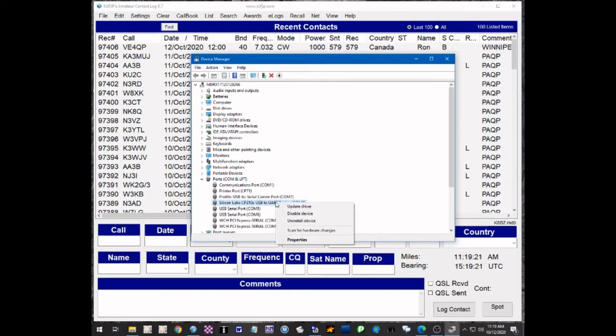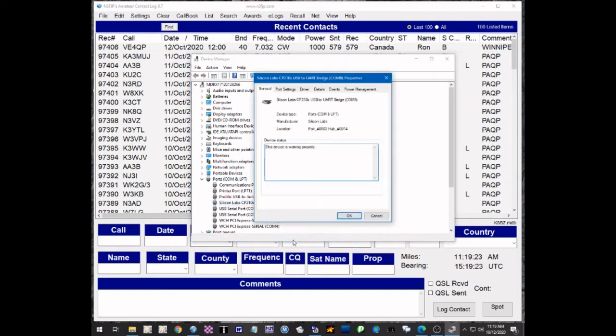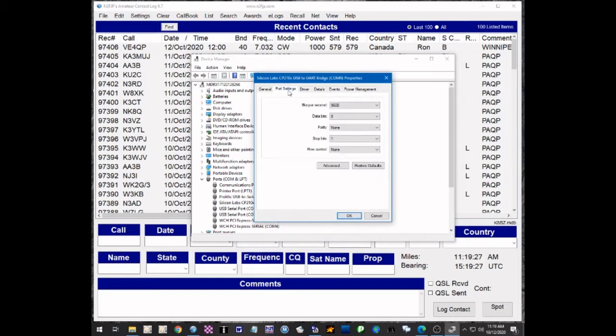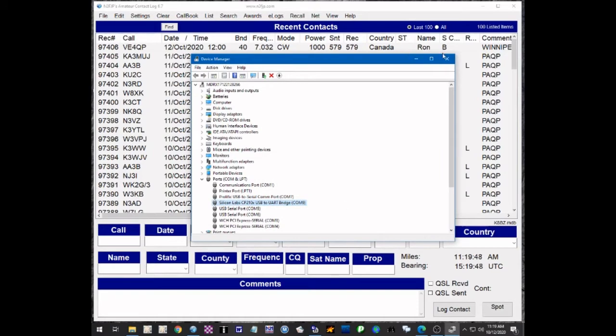I'm going to right-click on COM port 9 and go down and open the properties for that COM port. Then I'm going to click on the port settings. These are the notes you want to make because you'll need them when you interface your log program to communicate with your rig. COM port 9, bit rate is 9600 baud, 8 data bits, no parity, 1 stop bit. So that's the information we need. COM 9, 9600, 8, none, and 1. So we can close out